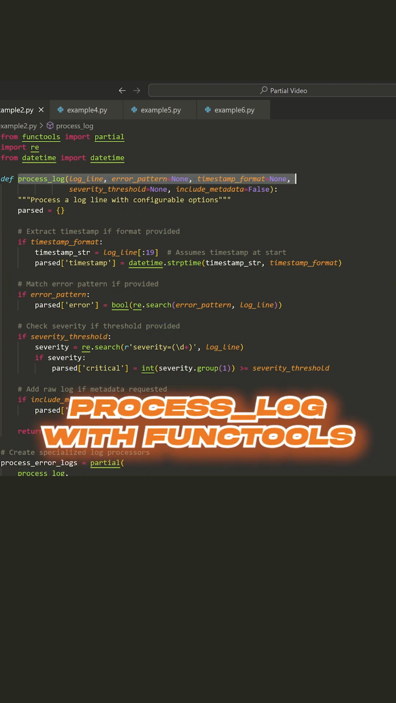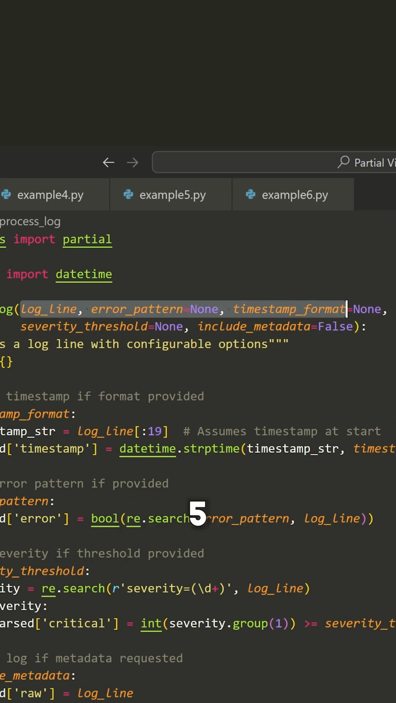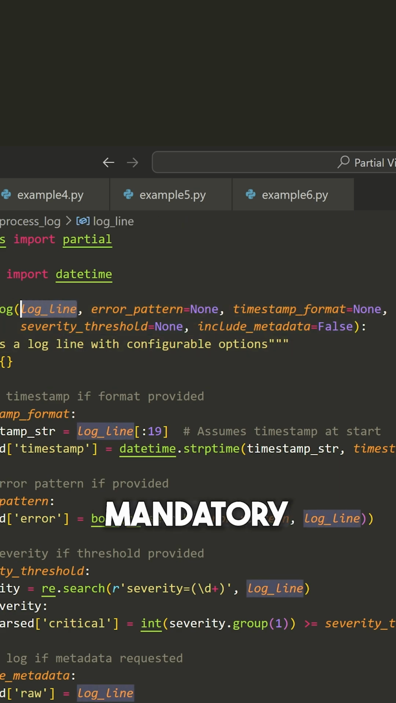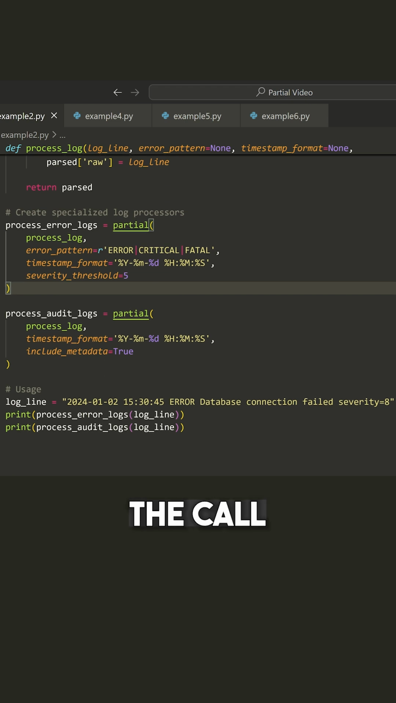Take a look at this function that I wrote called process log. You don't need to understand all of the logic, but you can see that it takes in 5 parameters here, and only one of them is mandatory. Now, if we scroll down here, you can see how I'm using partial to really simplify the call to this